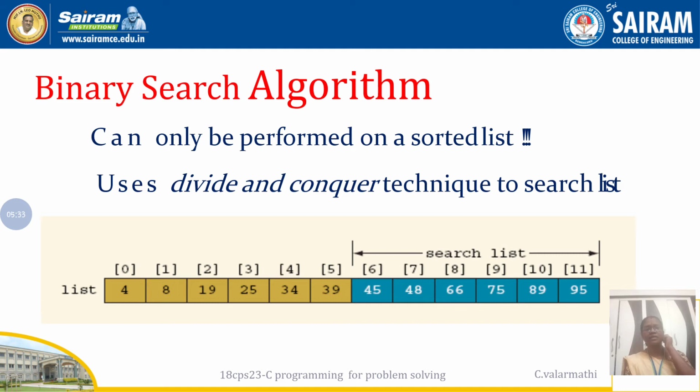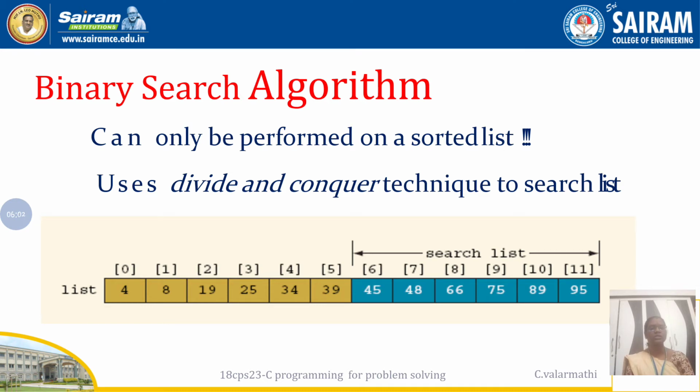The binary search algorithm is implemented with the basic concept of the binary tree. How the elements are stored in a binary tree, on that basis only this binary search algorithm has been developed. Then it follows the concept called divide and conquer. We call this divide and conquer because in binary search it will divide the entire list into two halves.